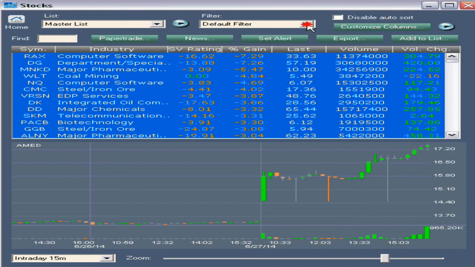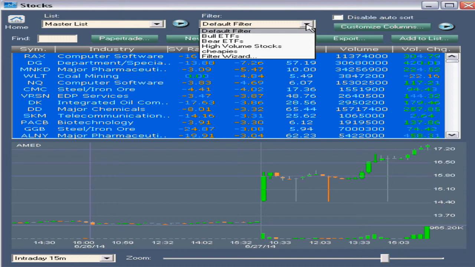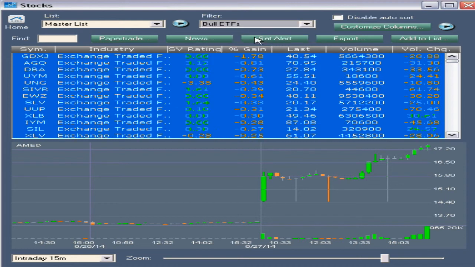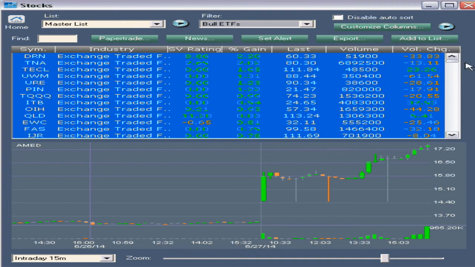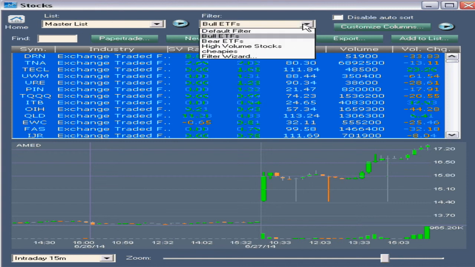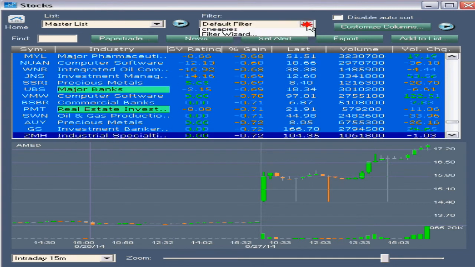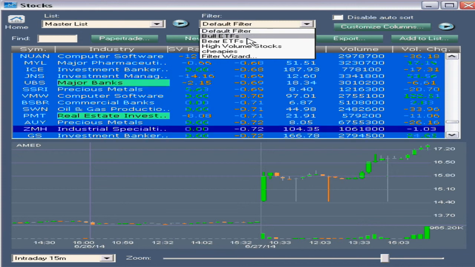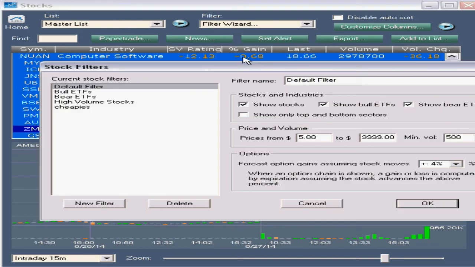Up here we have the filter menu, and there's some default filters. For example, if we only want to look at the bull ETFs, exchange traded funds, we can click that. Now all we have here are the bull ETFs. By the way, default filter is where you get all stocks. Now you can change any of these filters or even add new ones of your own by going to Filter Wizard,